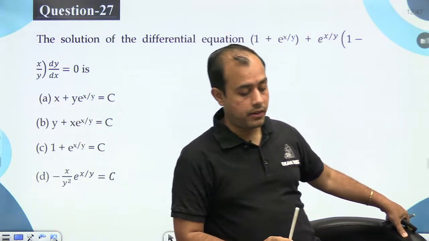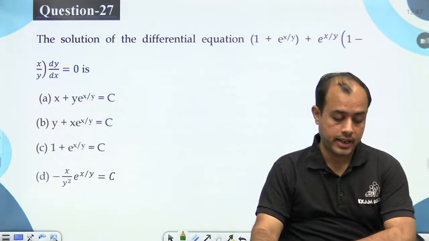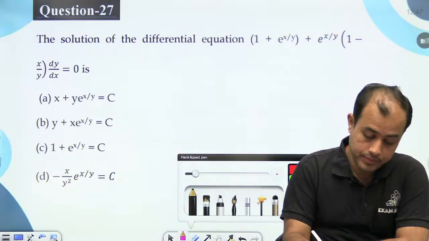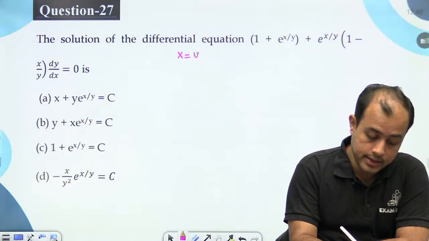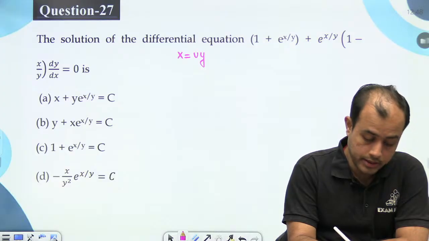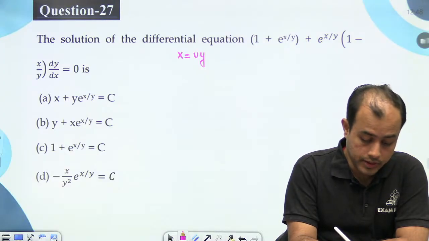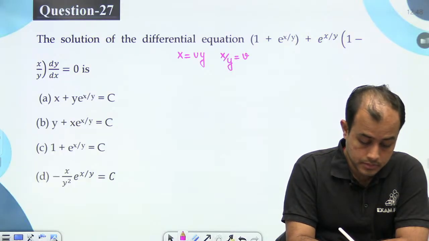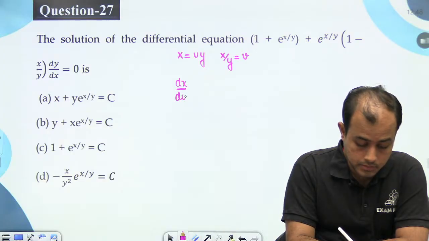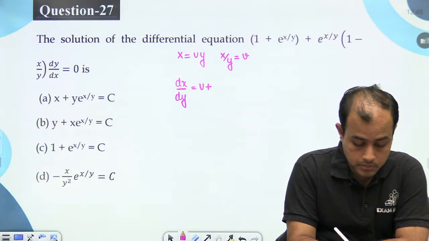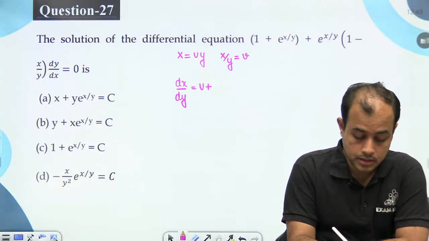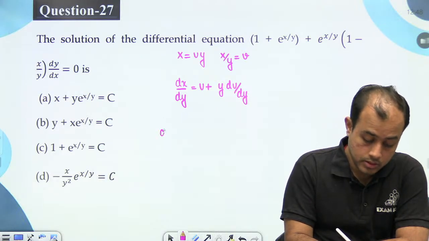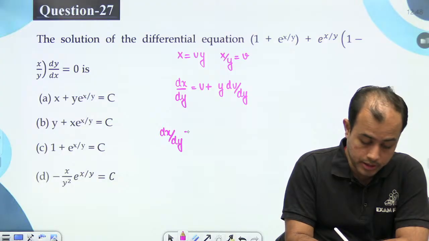1 plus e to the power x upon y, plus e to the power x upon y times 1 minus x upon y is dy by dx. So assume x equal to vy. Okay. So what we can say, v plus y dv upon dy. So from the given equation dx upon dy,